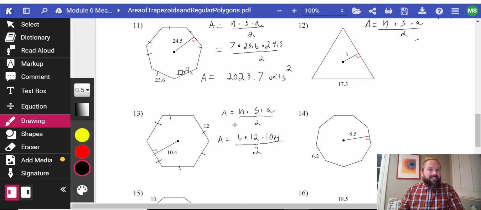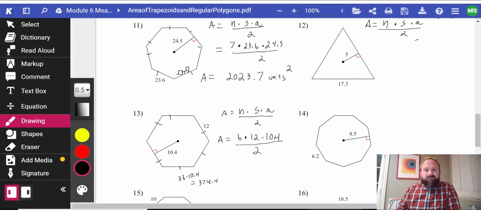Now at this moment, I could divide one of these first. I'm going to do 12 divided by 2. So let me show you. I should get 36 times 10.4. But let's see if we're right. So looking at this, I did half of 12 is 6, and then 6 times 6 is 36, and 36 times 10.4 is going to be